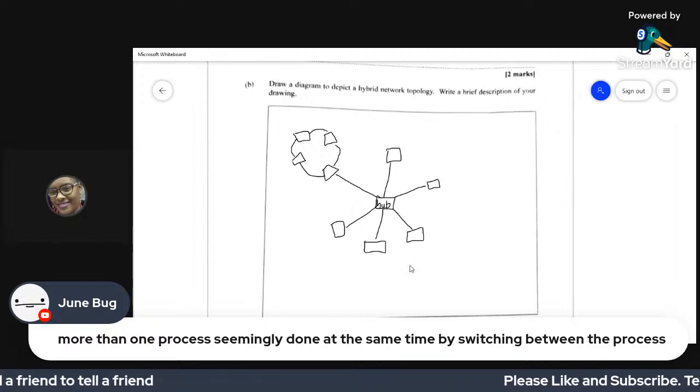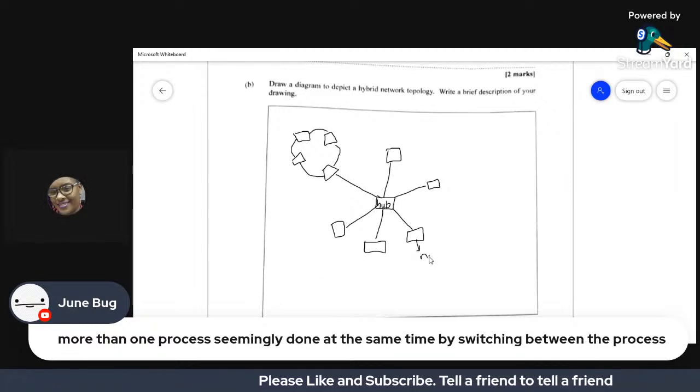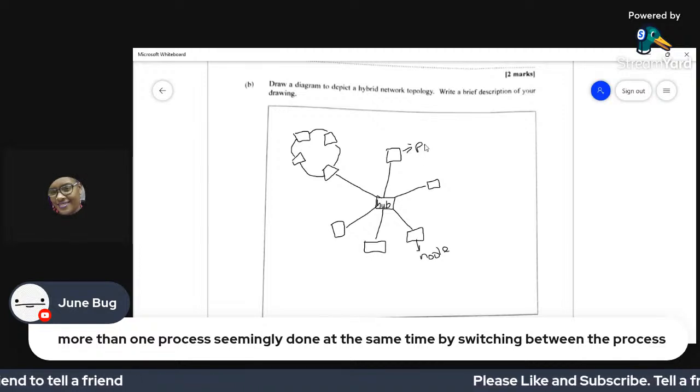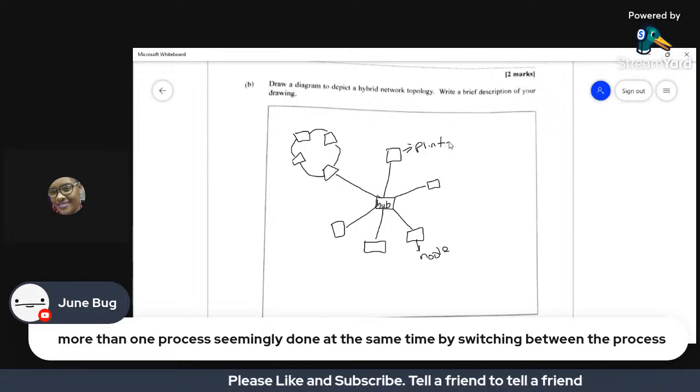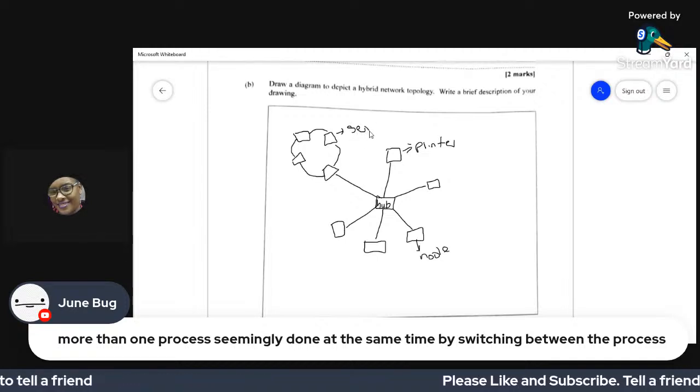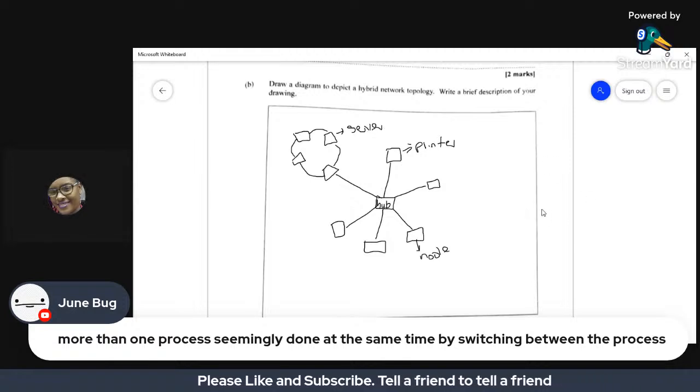So I can label this as a node, this as probably a printer, and this one as a server. And as I say, just label it.